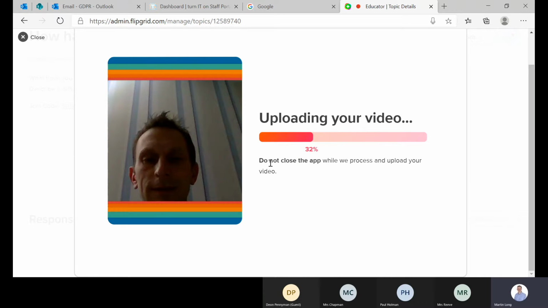Flipgrid will then gradually build for your trust or your academy or your school into this library of insight into the thought process around your pupils, whether it's pastoral based or whether it's actually around a subject in education in the classroom. It's very powerful as well for senior leaders or central trust teams to dip in. And you can then see what's going on around you in the school.